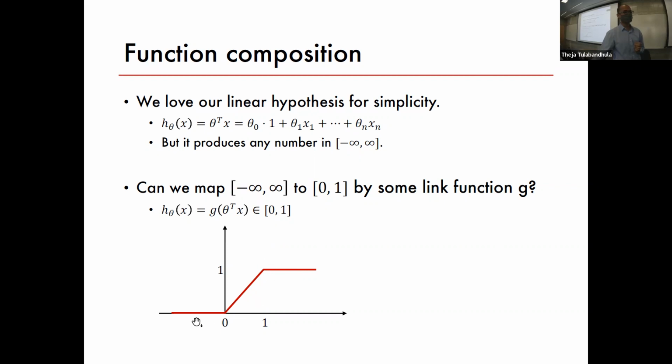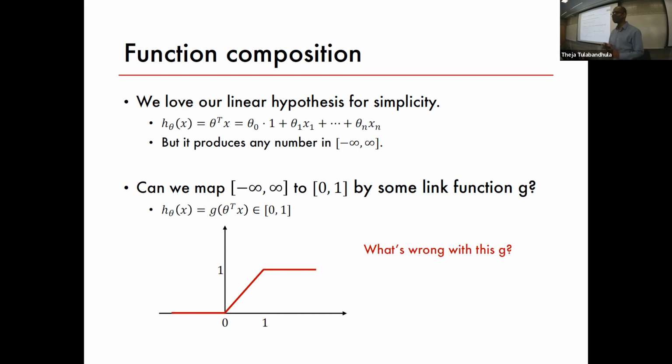Okay. So here's an example G function. It looks like an S here. So basically saying anything negative, G of that number is 0. Anything positive and greater than 1, the G of that number is 1. And anything between 0 to 1, the G of that number is the number itself. Okay, that's what this illustration is. This is a valid function. This is just squishing the output so that it's between 0 to 1, right?